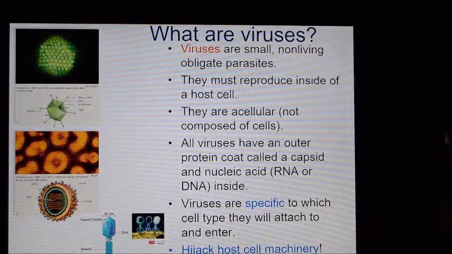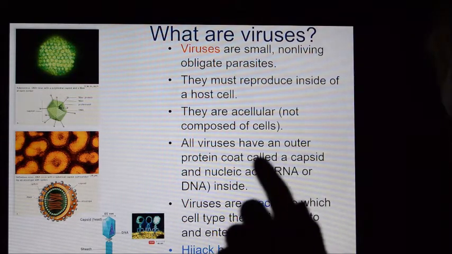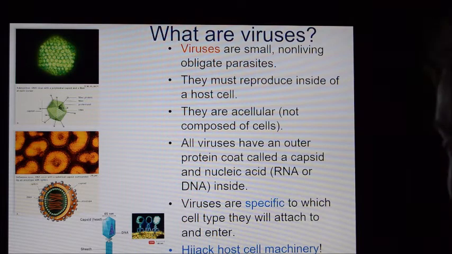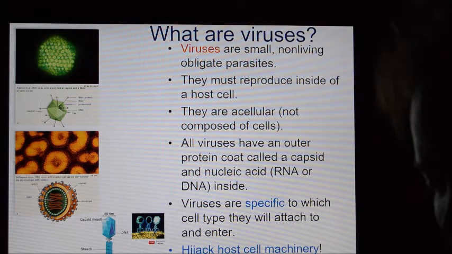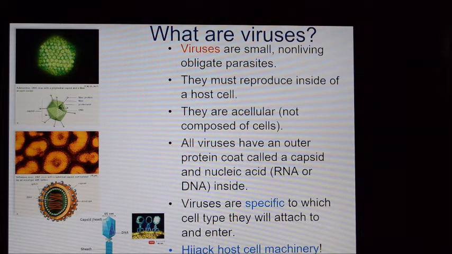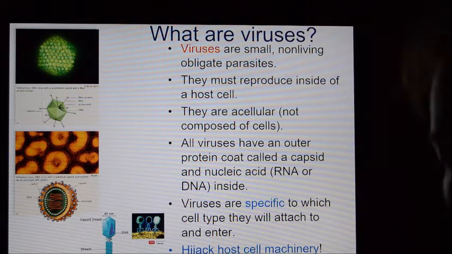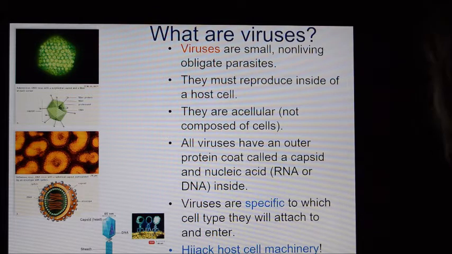What a virus is, in most cases, is a protein coat around a piece of RNA or potentially a piece of DNA. What will happen is this protein coat comes down, and it finds a cell, and it attaches to that outside of the cell, forces the cell open, and injects a piece of RNA. That piece of RNA will find the rough endoplasmic reticulum and attach to a ribosome, and it'll start cranking out copies of itself. It takes over the host